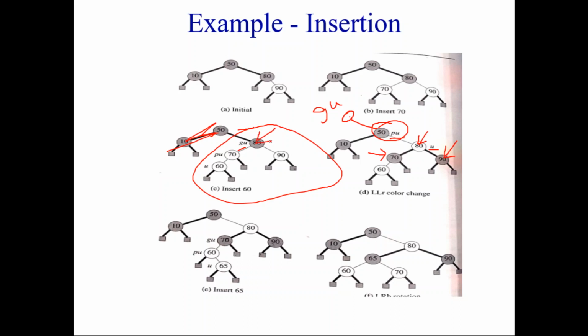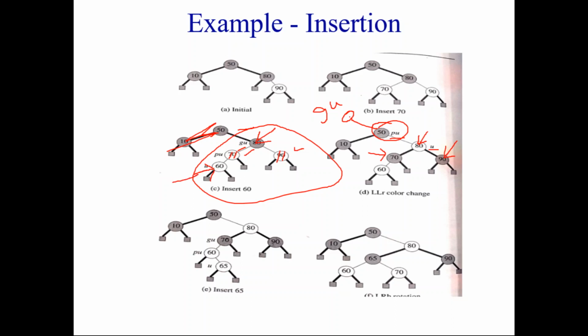We cannot change it. Now what will we do? Can you change the color of the new node? No, the new node should not be changed. It should be red only. So which color should we change? We should change the parent and parent sibling color. So these two will become black. That's it.